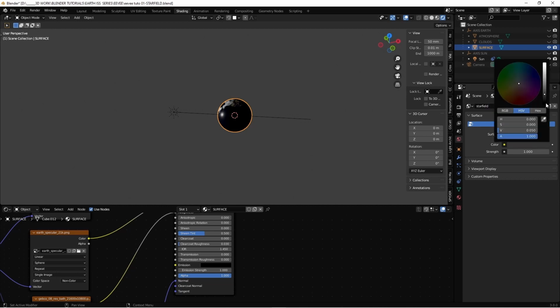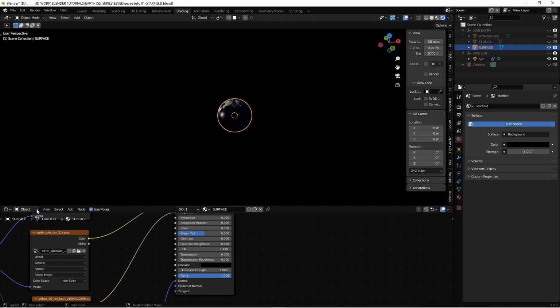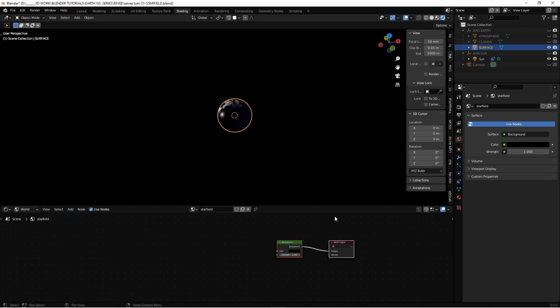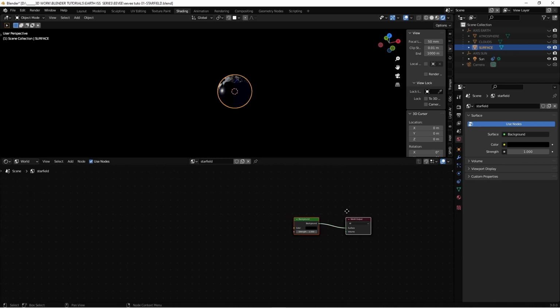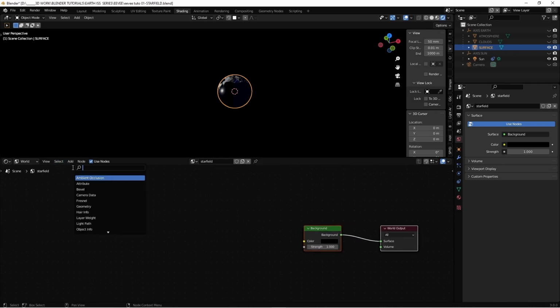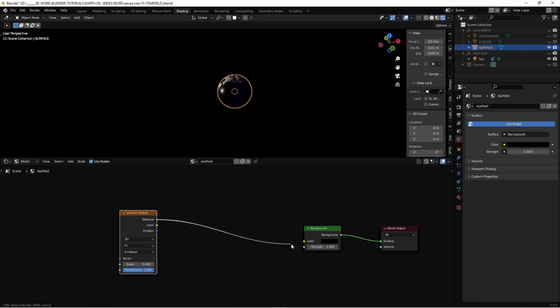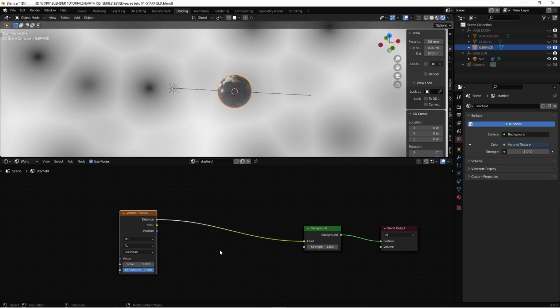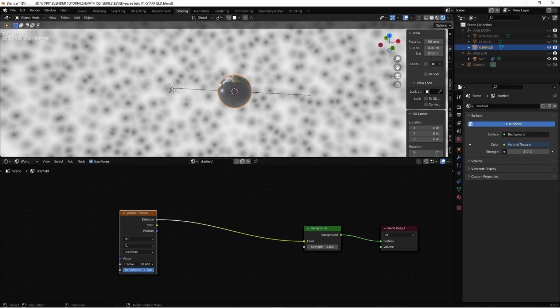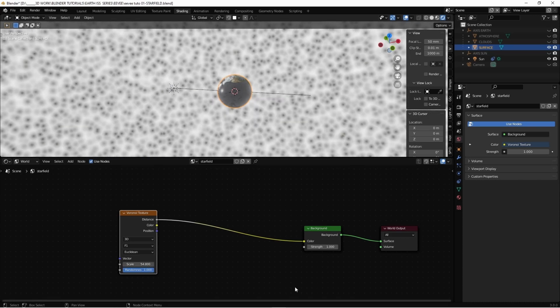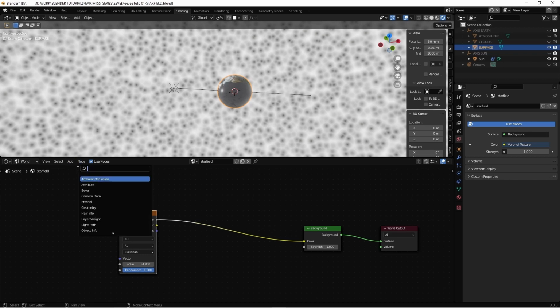Set the color to pure black, and here let's switch to World, and there we have the nodes for our world material. We're gonna add a Voronoi texture and plug it into the color. Here we see black dots on a white background. If we increase the scale, we get a lot of them, and smaller and smaller. So if we can invert this pattern and make it white dots on black background, then we will start getting closer to having stars. So let's add a color ramp,